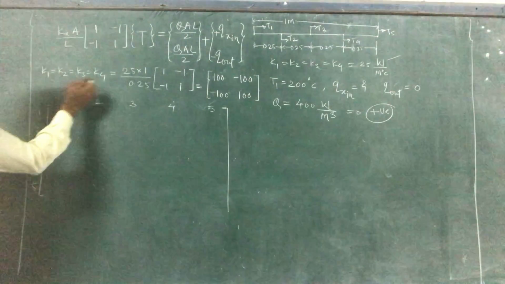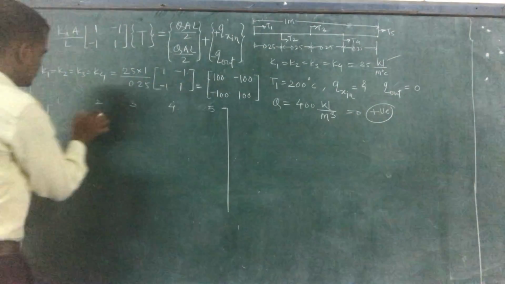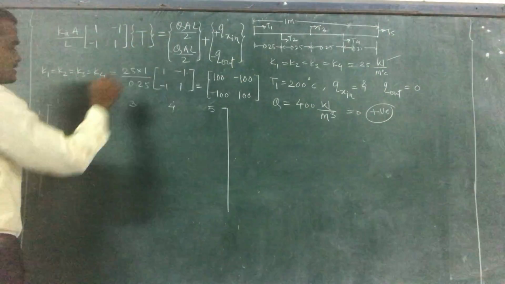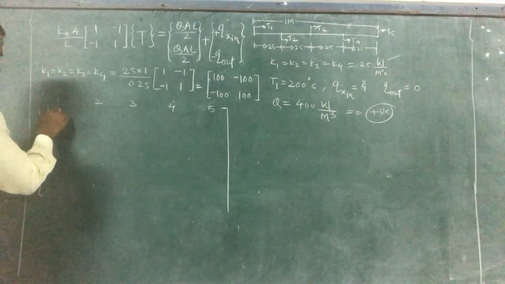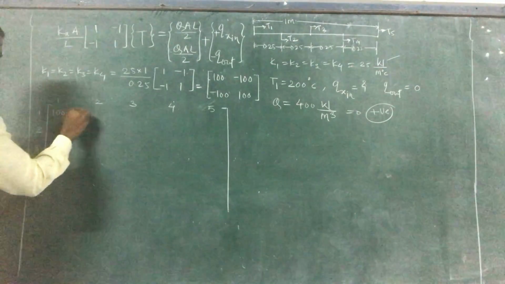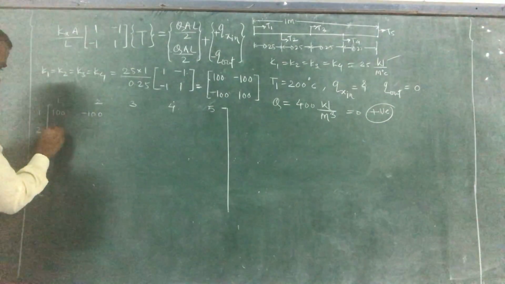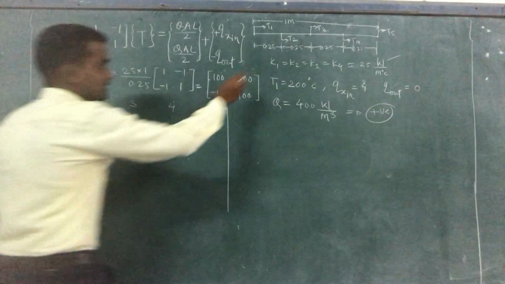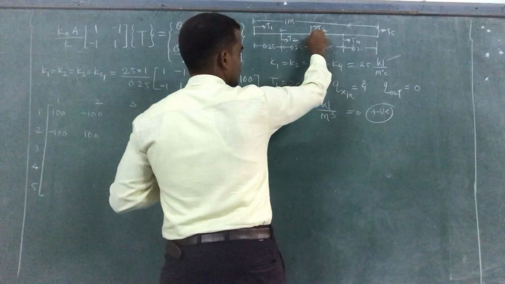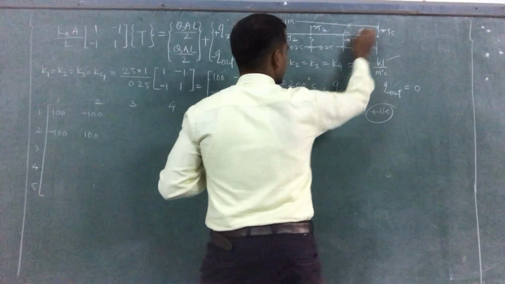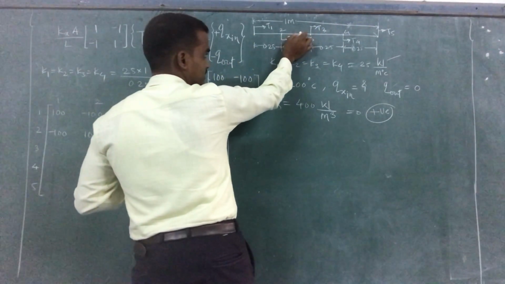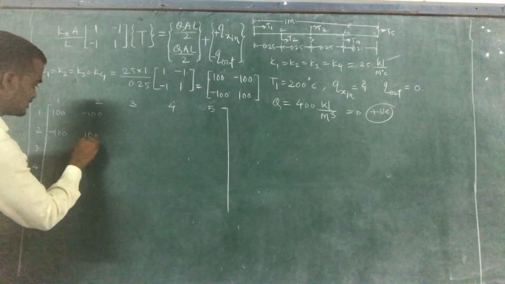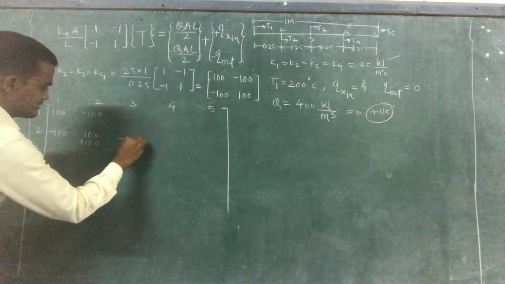Okay. So first element it is in between node 1 and 2. Connectivity of the first element is in between node 1 and 2. So it will place here. So 100 minus 100 minus 100 100. Then second is in between node 2 and 3. Okay. So connectivity of the second element is in between node 2 and 3. So simply we will add here 100 minus 100